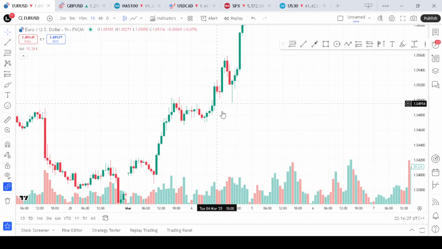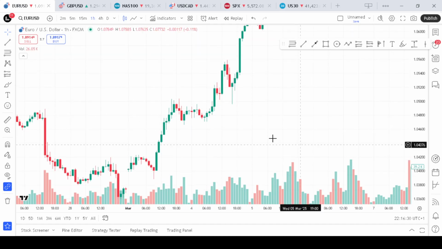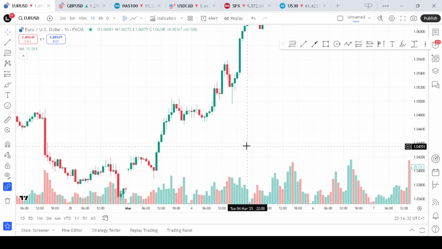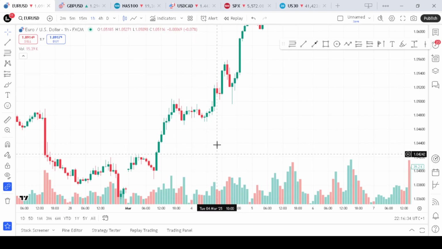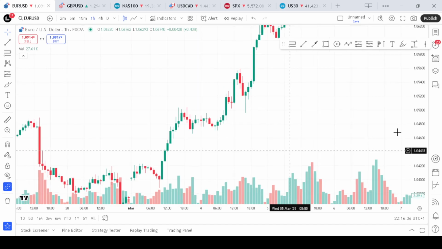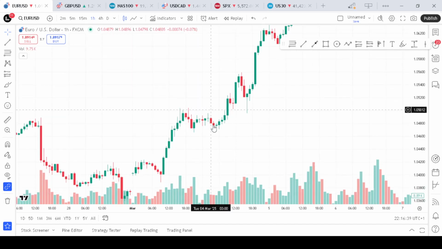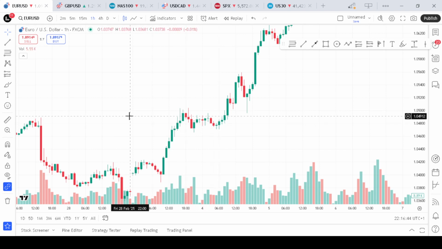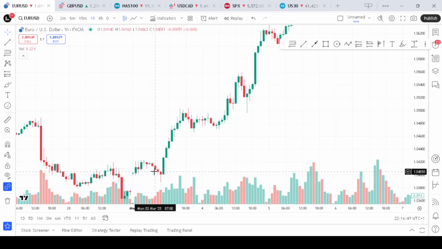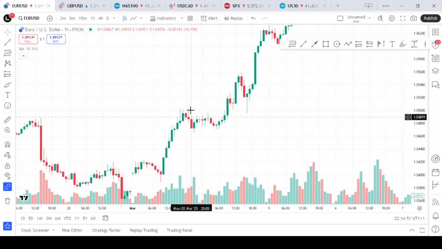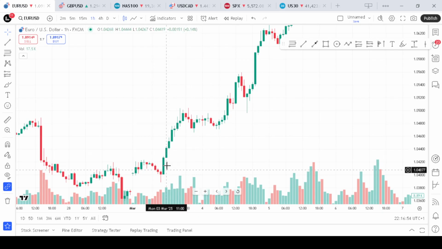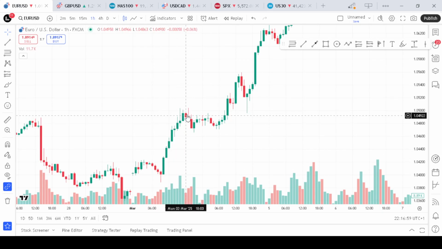We start by understanding what the J-hooks pattern is all about. It's a continuation pattern that typically forms during an uptrend. It is characterized by its distinct J-shaped pattern on the price chart, which consists of three main phases. The first phase is where we see a strong upward price movement, followed by a bearish pullback, signifying that some traders